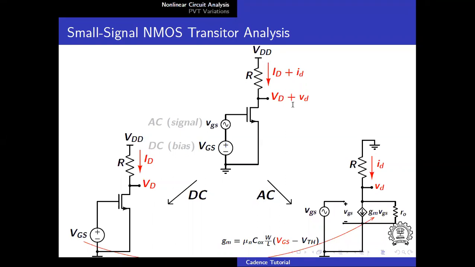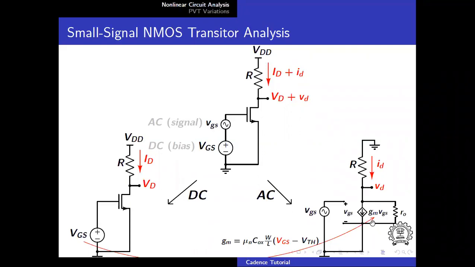Similar to yesterday, we have our DC analysis. This signal is not in the picture, and you will have your output DC. Then what will happen if we have an AC signal? It boils down to a simple linearization of this. I will again say that you can refer to the video lecture of Professor Shanti Pawan, who talks greatly about how this transistor is simplified to a linear circuit like this, shown on the right.